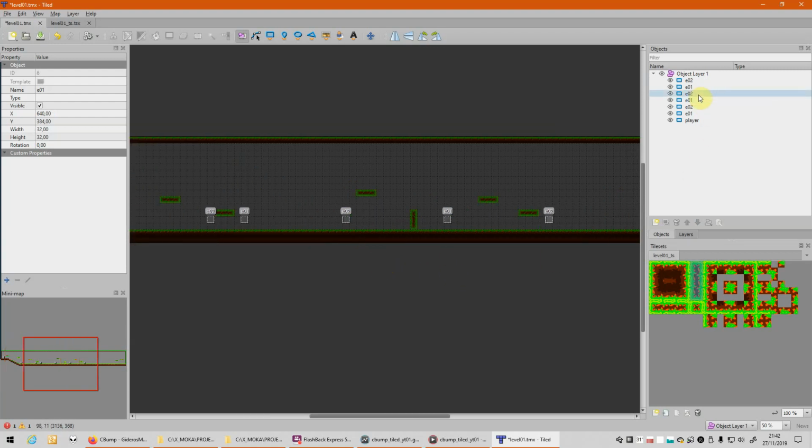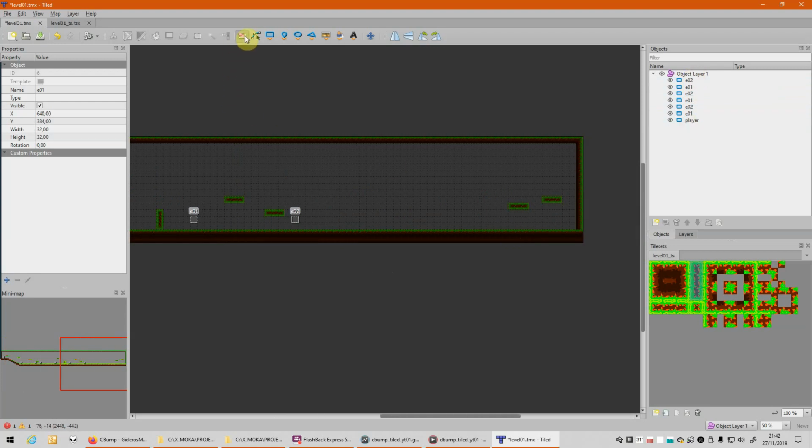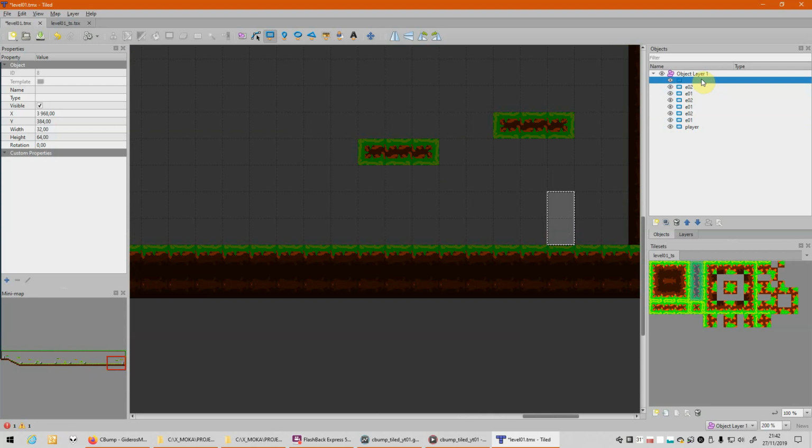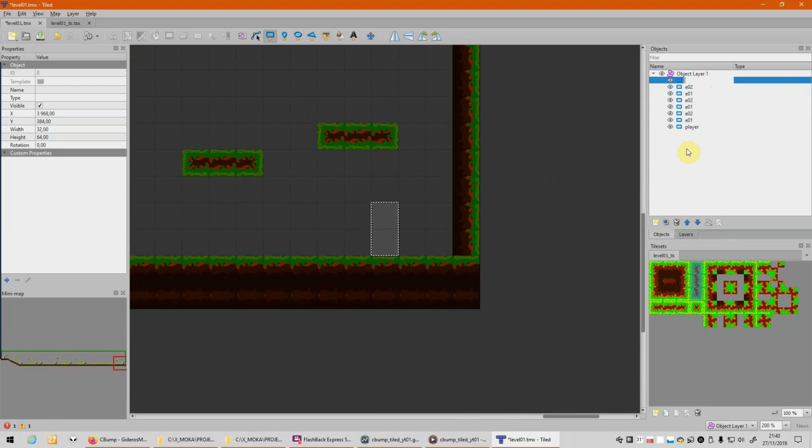Now we need an exit door, so let's create the exit. I'm choosing the rectangle object because it's easier to manipulate, to move or scale or anything. And this is the exit.